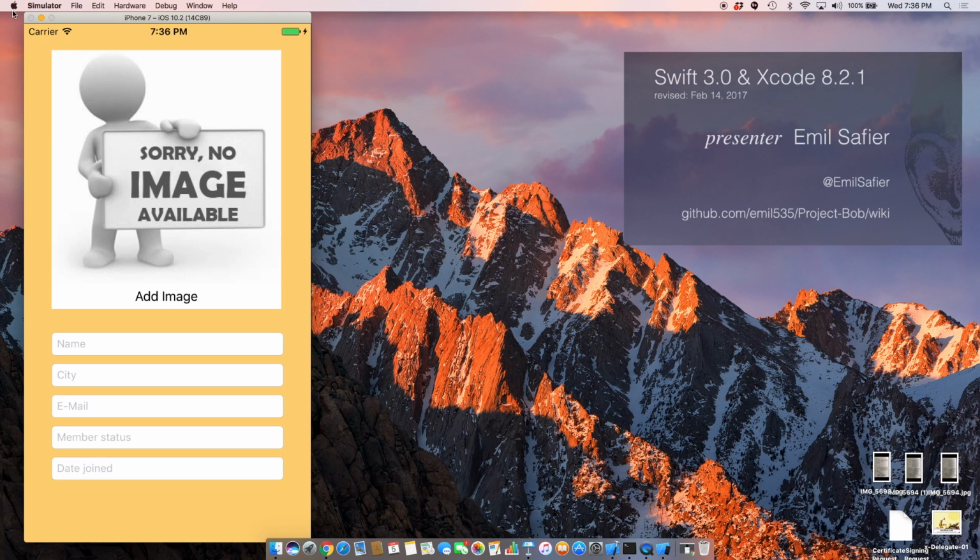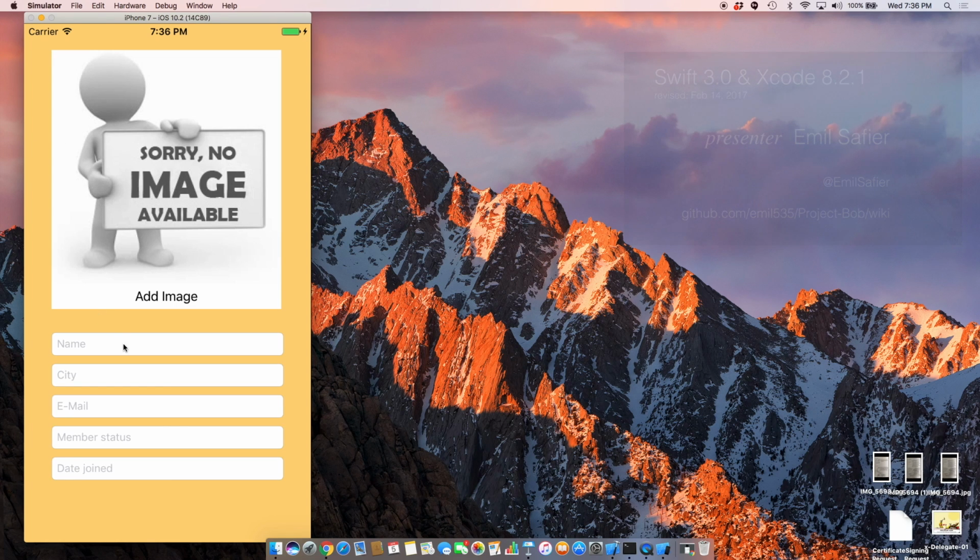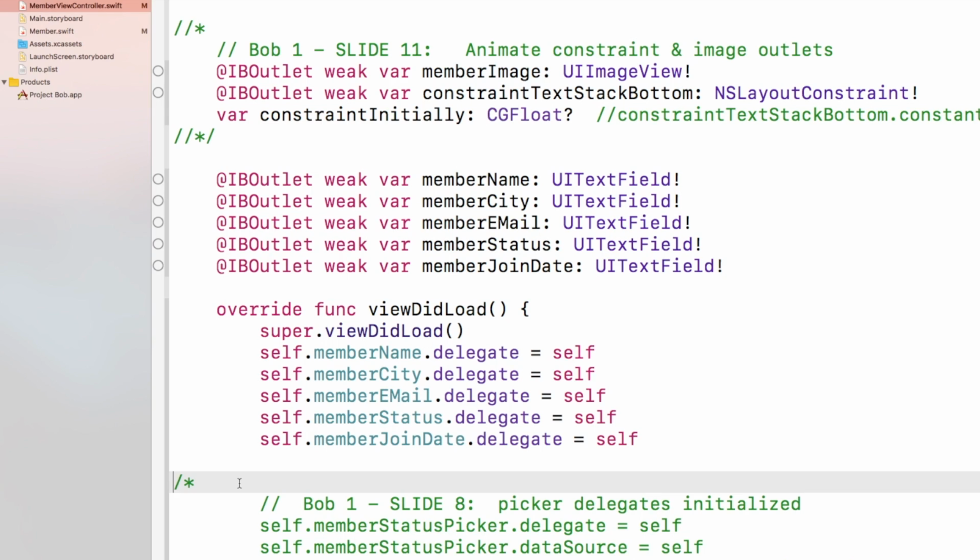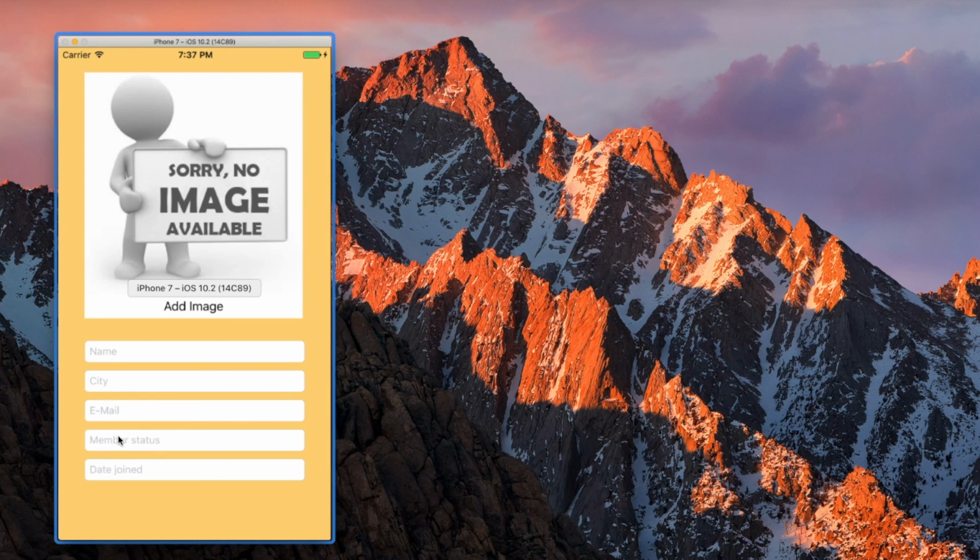If you run the code right now, you get this one UI view. And one of the things that you need to know about is that these are all text fields. They're just plain vanilla text fields. But what I've done for you is put all of these 5 text fields in a stack view, and I've put this image view in another stack view, and I actually discuss that in a separate presentation, how you handle constraints and so on. So the code we're running right now is just this thing, and when you click on a text field,